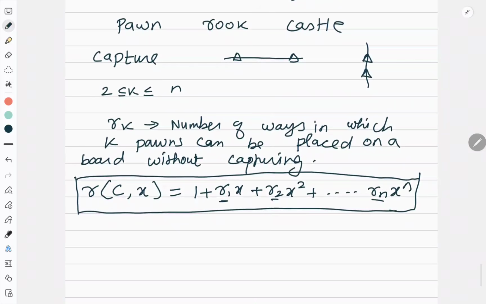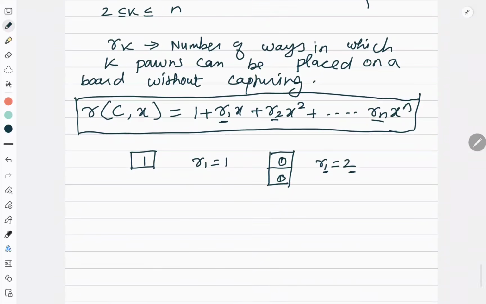I'll give you a small example. Suppose you have this. Now tell me in how many ways I can place one pawn. Obviously it is 1. So R1 is equal to 1 in this case. Now if I give you a board like this and I have one pawn, how many ways can I arrange one pawn? I can arrange it in 2 ways. One here and one here. Okay, only one pawn is there. So once I can place it here, once I can place it here. So R1 value is 2. So this is the number of pawns and this is the number of ways I can place.